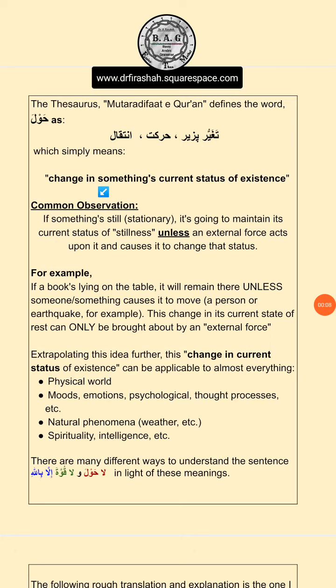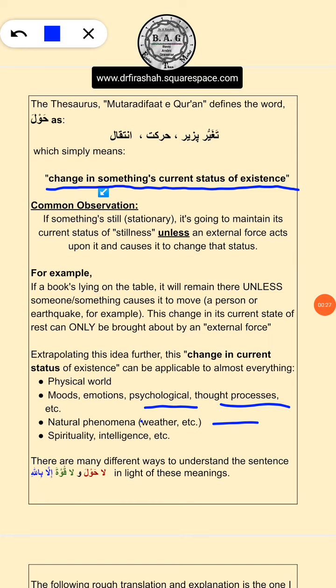Then you've got the moods, emotions, psychological world, thought processes. Then you've got your natural phenomena, spirituality, intelligence. So you are applying this basic concept of change in something's current status of existence to various other things, to everything that is in existence, be it the physical world or the abstract world, the world of spirituality, even intelligence. Now that you understand the meaning of hawlun or simply hawla, you are now going to understand